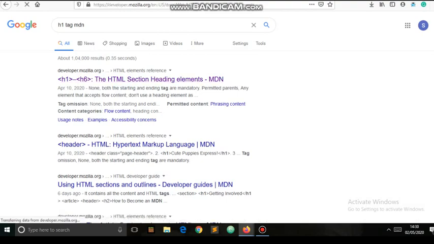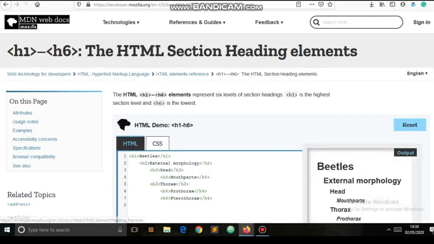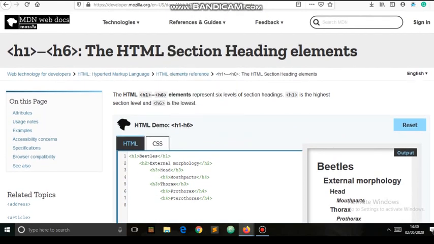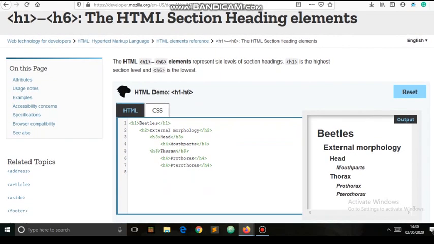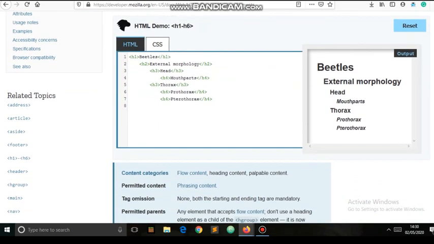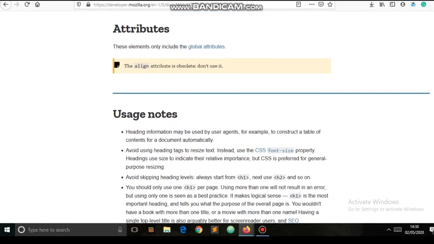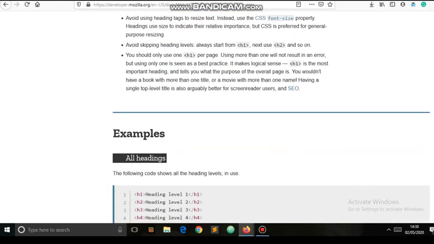Let's just open it. You can see here the whole documentation, how they have explained what the h1 to h6 element tags mean. You can see here h1 is somewhat bolder than h2. And if you move on, there are also attributes. We will talk about attributes and their elements later.